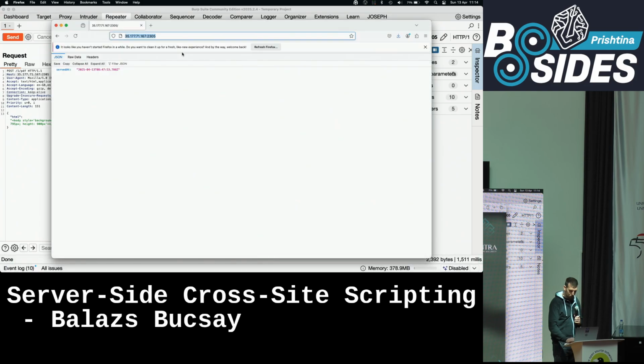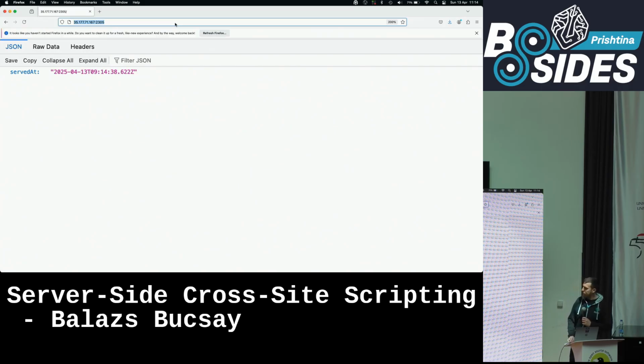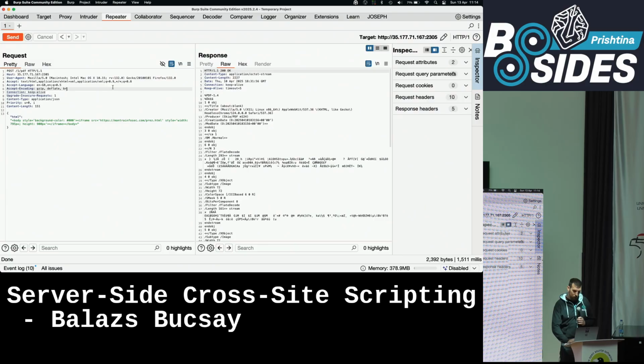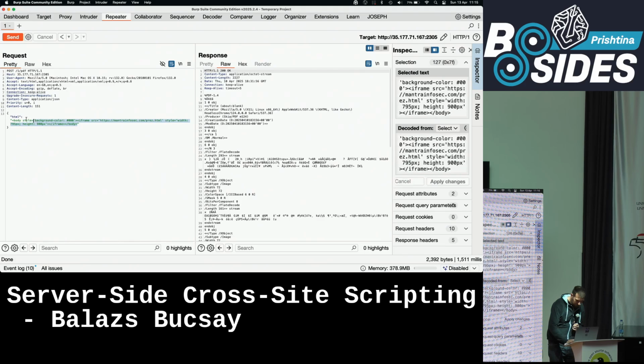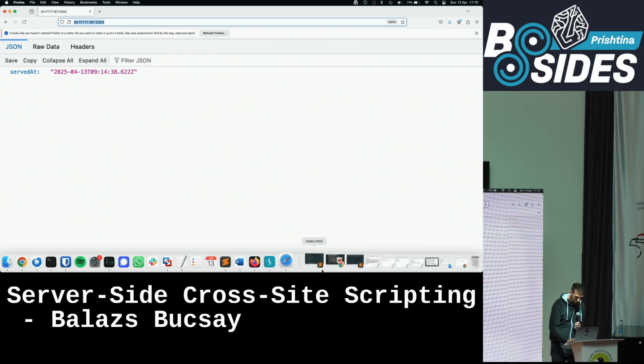Sorry, too many windows. So this is the website. I don't think you can access it. This is the Docker container. And this is usually what you see. But if you know a little bit more about this, I thought I changed it. Or it didn't change the one. Okay, maybe let's see the video for this one.